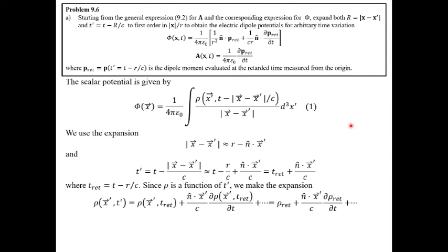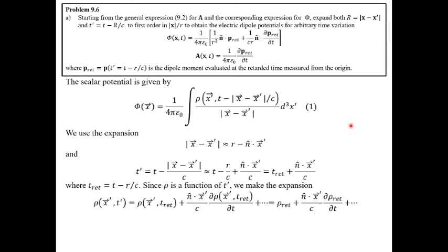dipole potentials for arbitrary time variation, where p retarded is p of t prime equal to t minus r over c, the dipole moment evaluated at the retarded time measured from the origin. The scalar potential is given by Formula 1. We use the expansion t prime equal to t retarded plus n dot x prime over c, where t retarded is t minus r